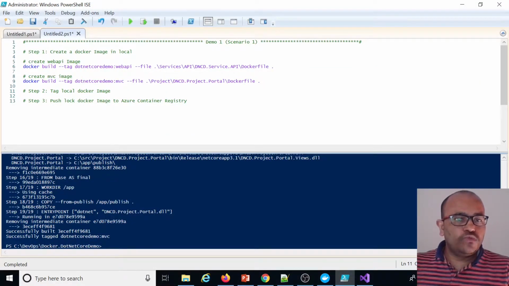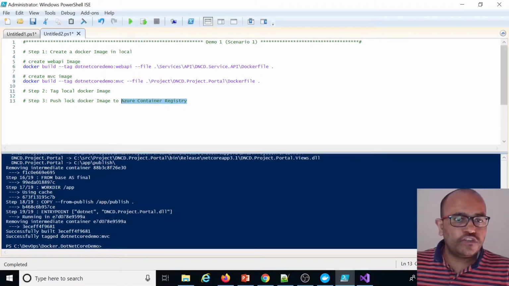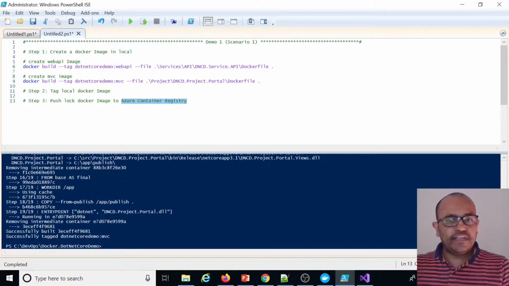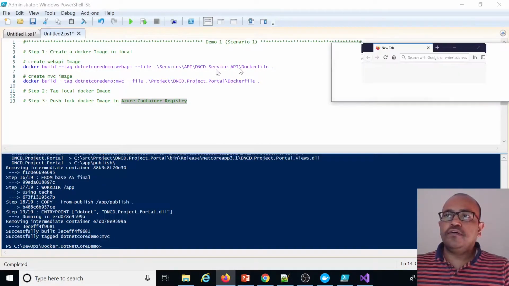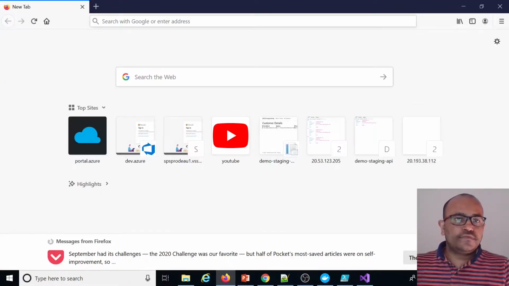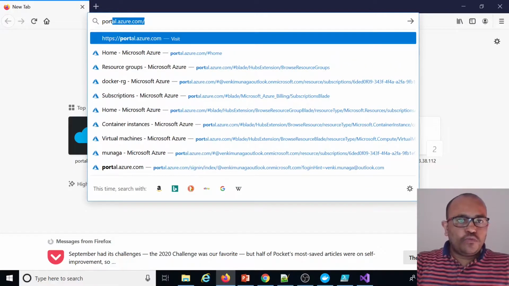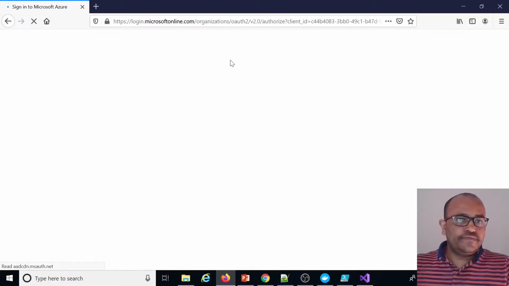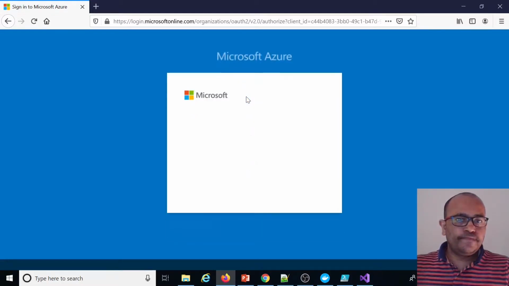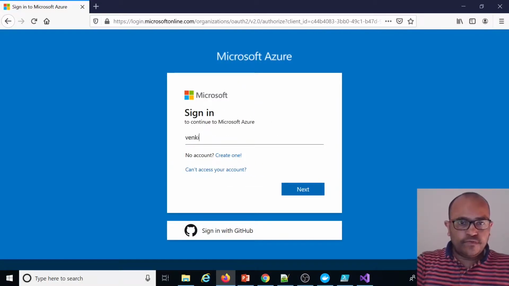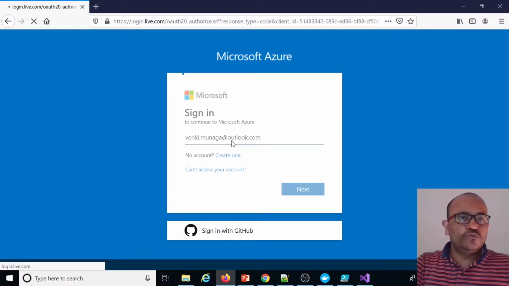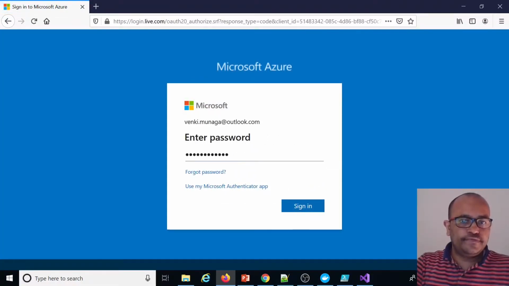Before pushing into the Azure Container Registry, first I will go and create that container registry. I am going to my Azure portal and logging in. I am going to use my personal Azure account.